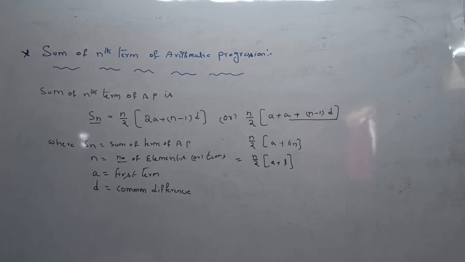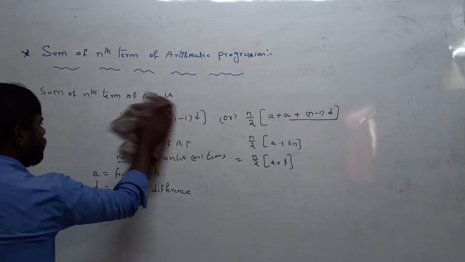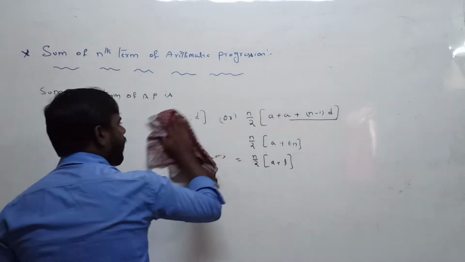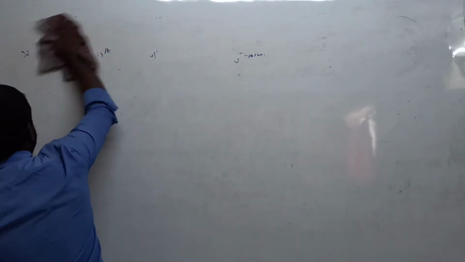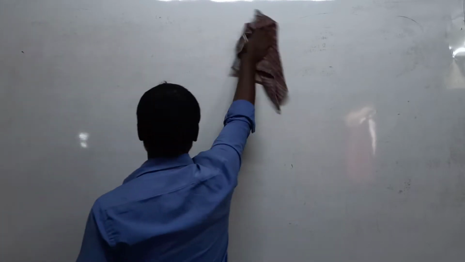Everyone understood? The formula for the sum of n terms of an arithmetic progression is Sn equals n by 2 into 2a plus n minus 1 into d. Next, we can use this formula to solve the questions on the sum of n terms. Very easy, simple. First question is